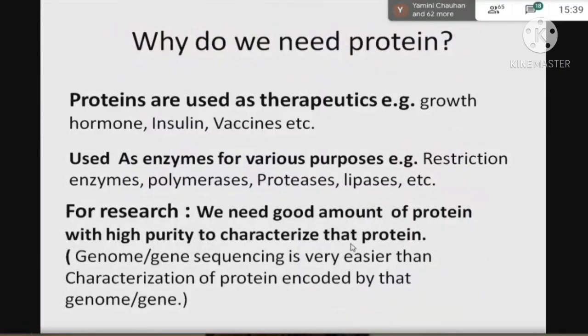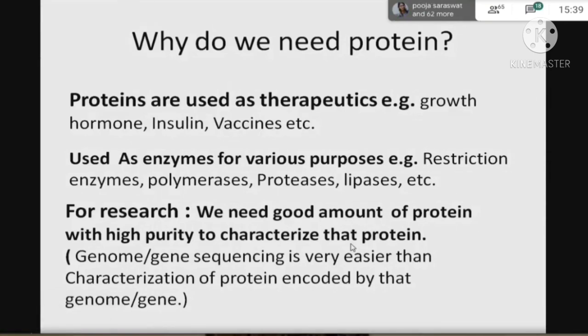we will discuss a strategy for when you have got a positive clone. You have successfully cloned your gene in your respective vector, and through colony PCR or fallout, you have checked the positive clone. But don't think that if you use that appropriately cloned gene, you will then get the respective protein.